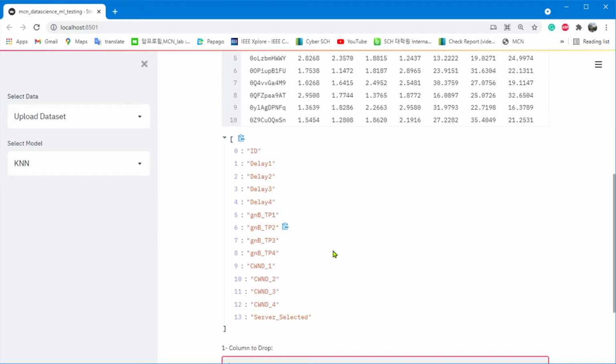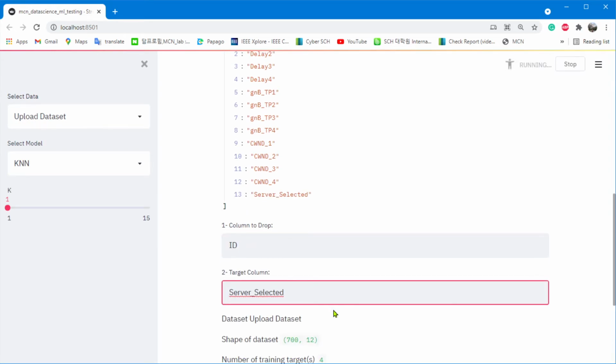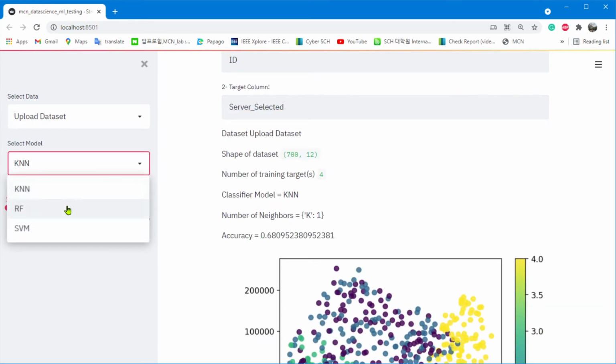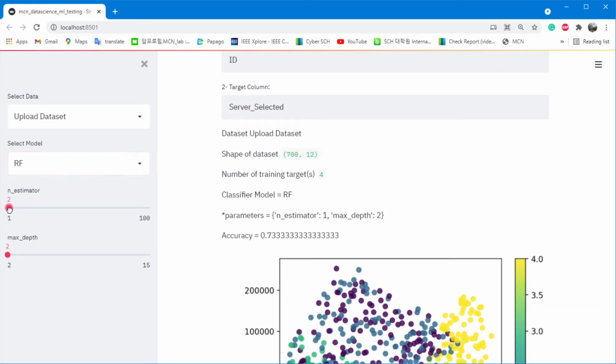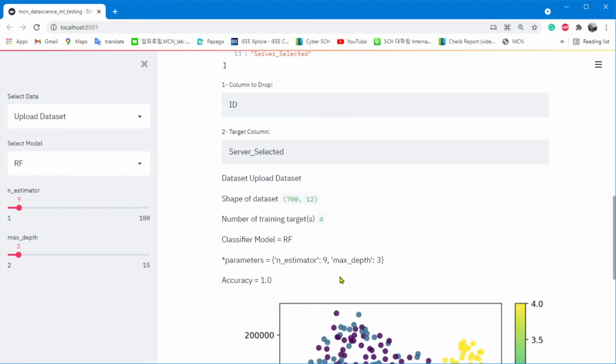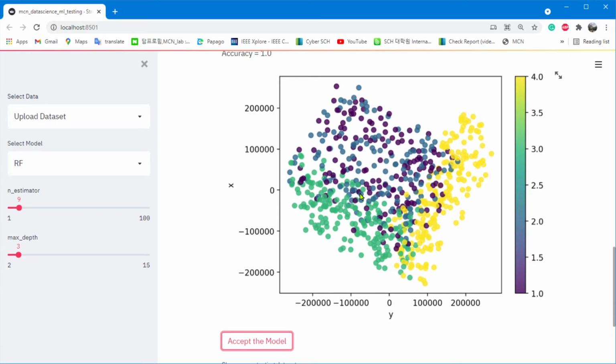For example, the user wants to drop the ID and define the server selection column as the target, and then they prefer reinforcement learning to perform the operation, and when the accuracy is maximum, they want to extract that toward their testing data. The testing data here means